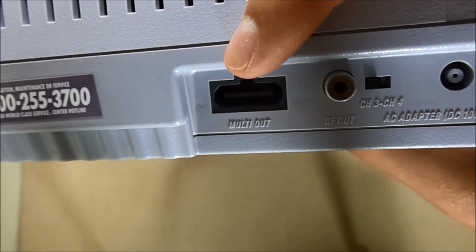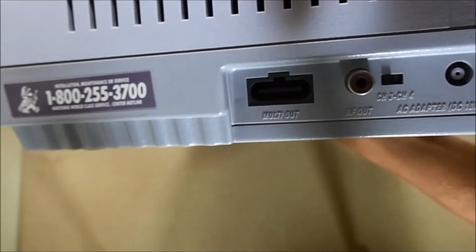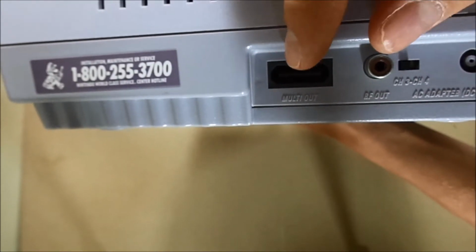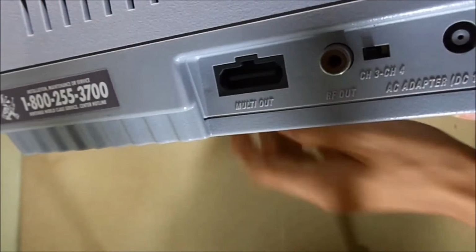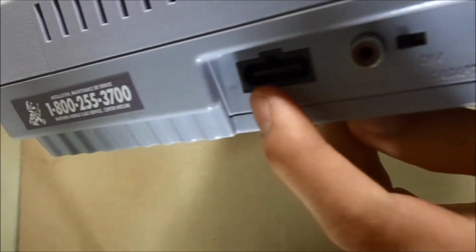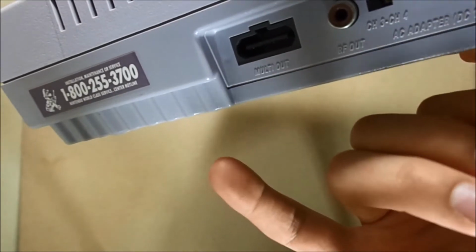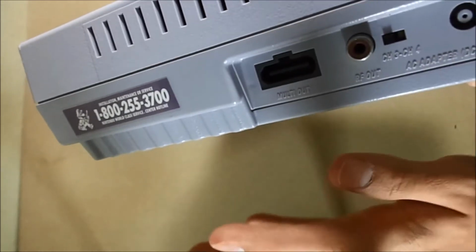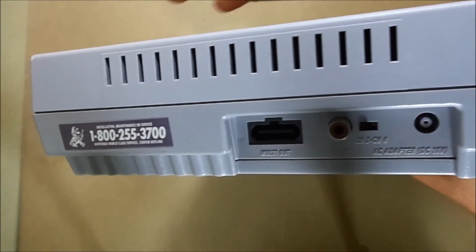the AV out is now a proprietary plug that goes into your normal color-coded yellow, red, and white plugs. So on the original NES, you had just a red and yellow plug, for audio and for your video. So there was no stereo sound on the NES. Actually, there was, but the chip. It's a long story in that, but